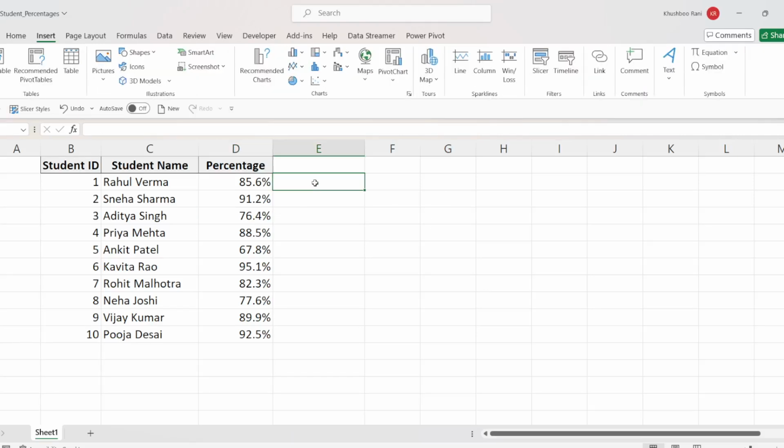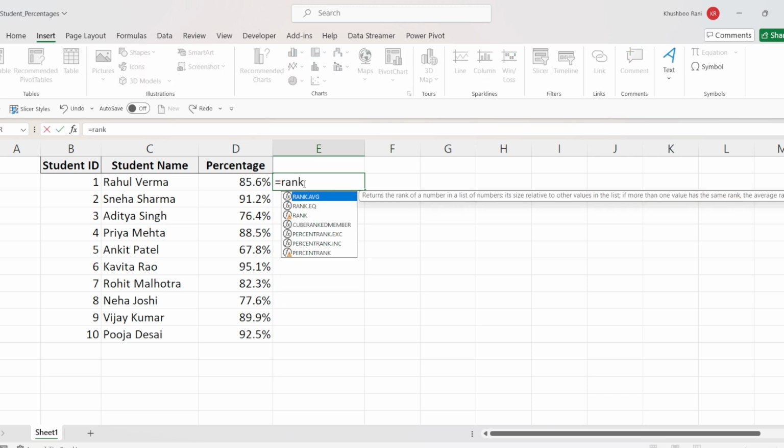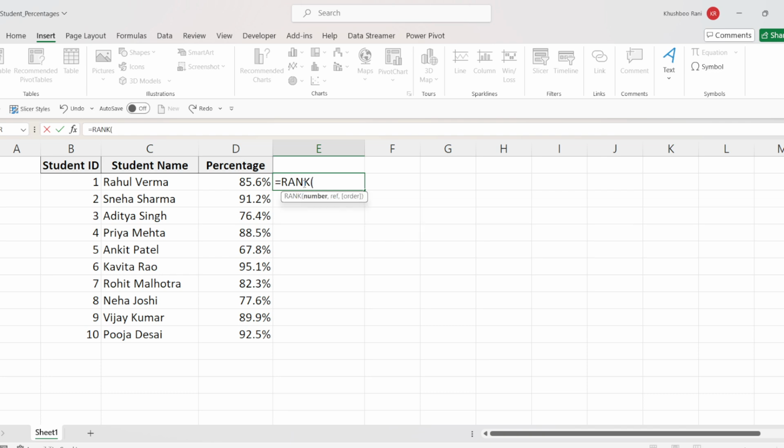In today's video, we are going to learn to use the rank function to get the rank of these students based on their percentage. So for this purpose, we will use the rank function. So we will type rank and the first argument is number, so we will select this cell D2 and we